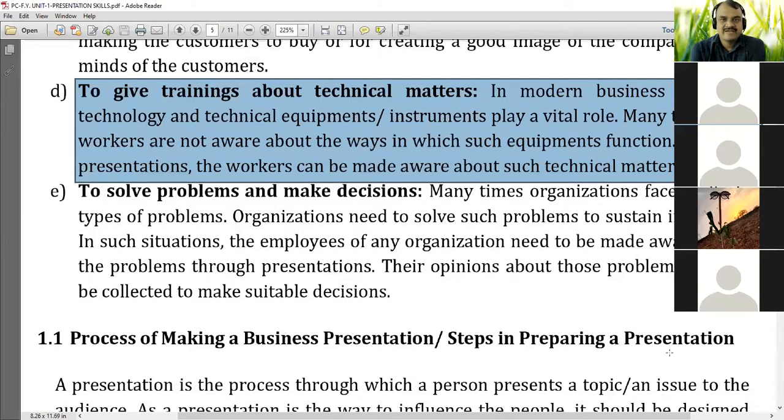Listen, you might be aware of automation in current industries. What is that automation? Do you know? What is automation? The word auto tells you. What does auto mean? Is there any scope for manual work, human work? Machine work. Correct. Almost all activities are performed with the help of machines.